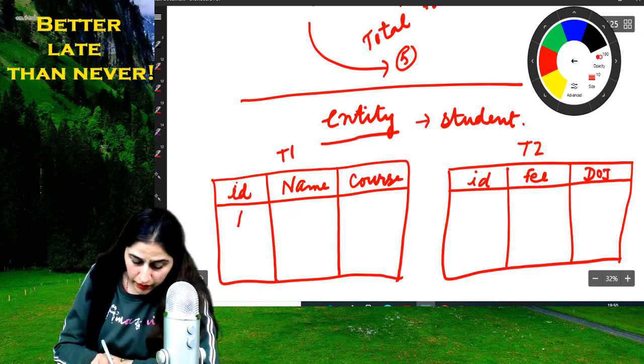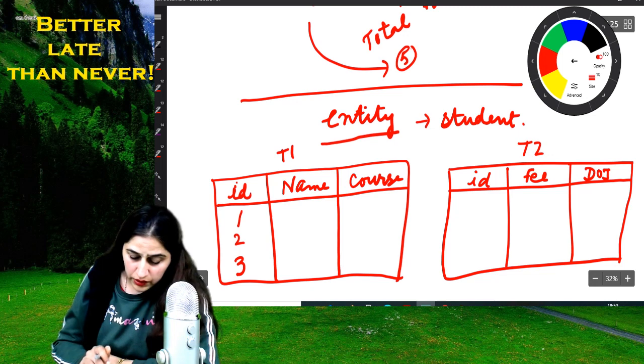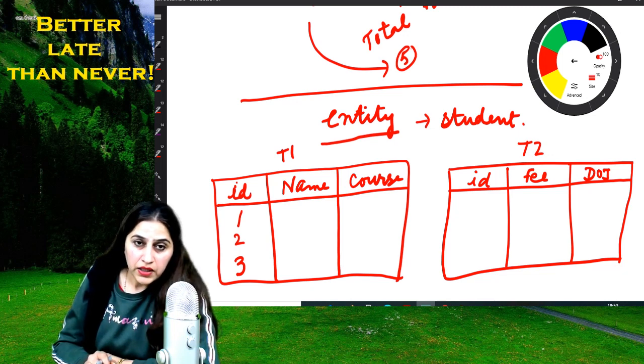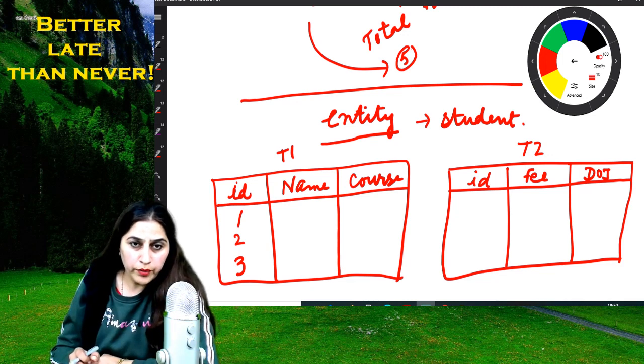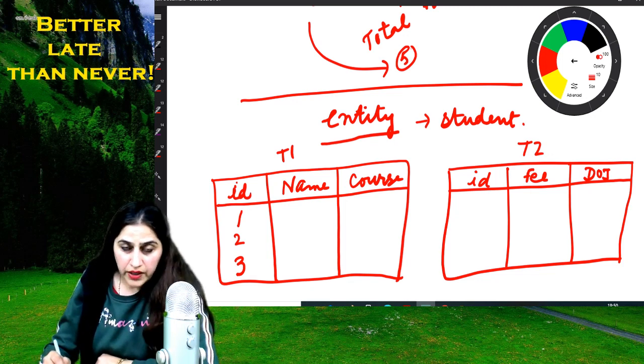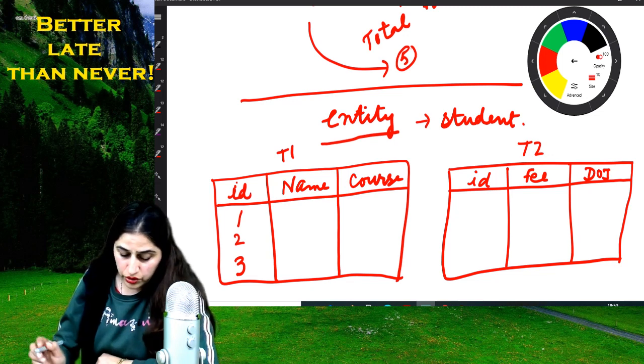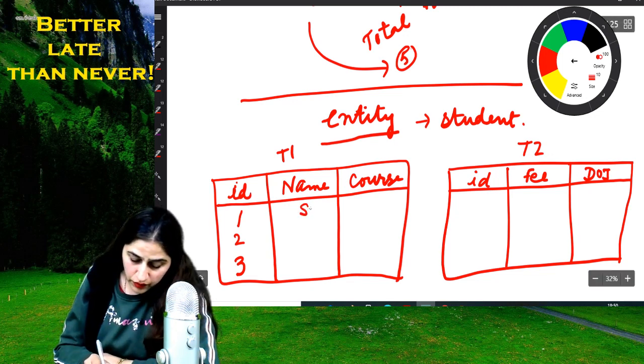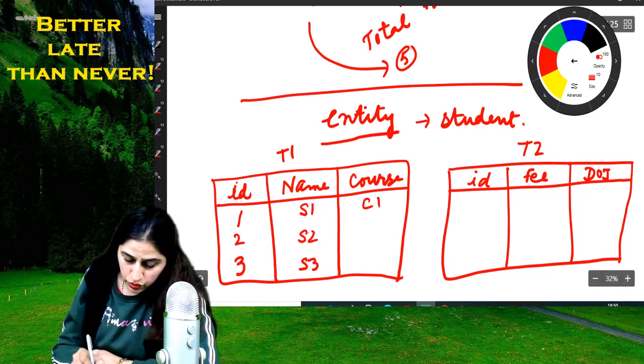Now suppose I have id 1, 2, 3. This table has cardinality 3. At the same time, it also has 3 attributes, so its degree is also 3. T2 table has degree 3 as it has 3 attributes: id, fee, and doj. Suppose the students have names S1, S2, S3, and courses C1, C2, C1,